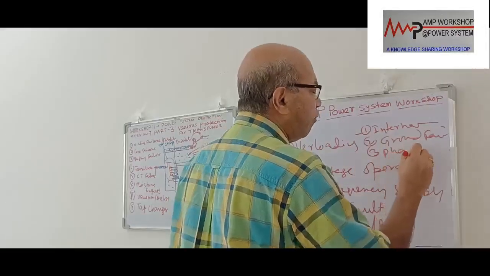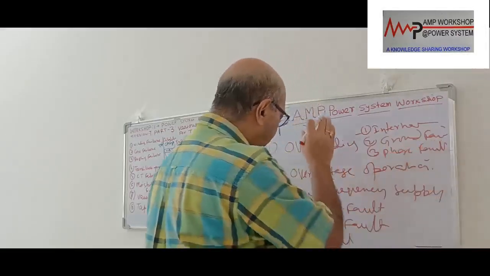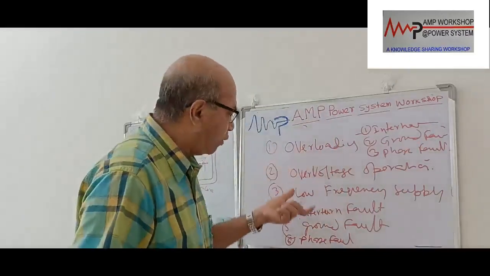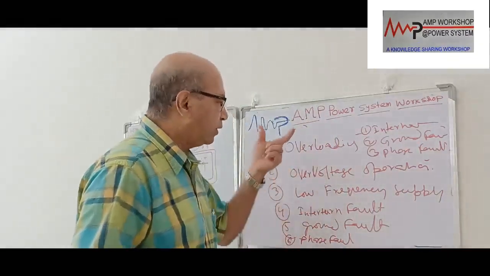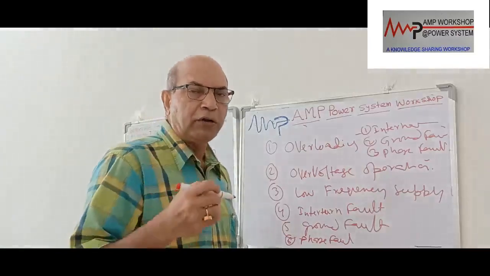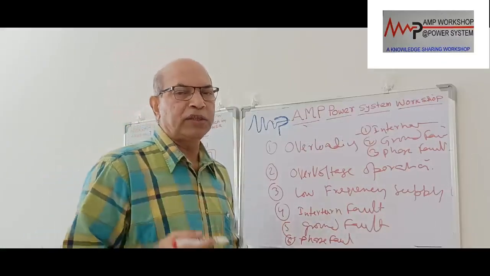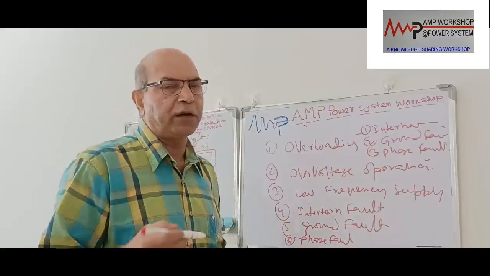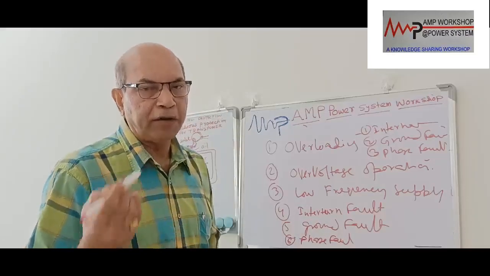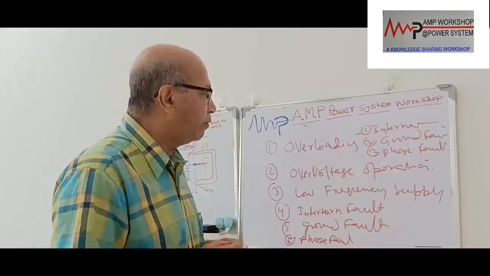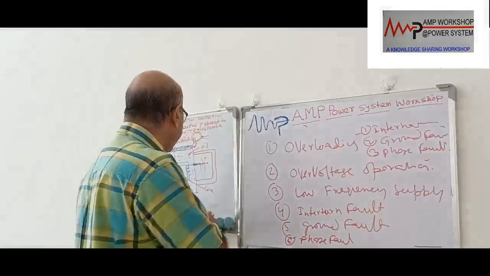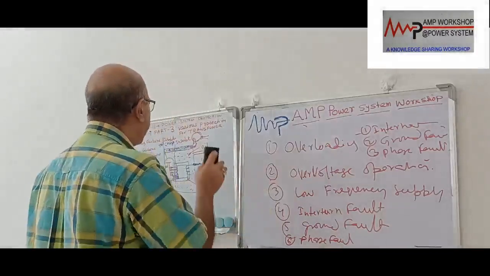These are the three types of fault that can take place in the transformer, along with the various abnormal operating conditions. So these are the six types of fault or service condition which can cause transformer health issues, transformer failure, transformer damage or minor failure. So we will discuss one by one how we can protect the transformer from these abnormal operating conditions.